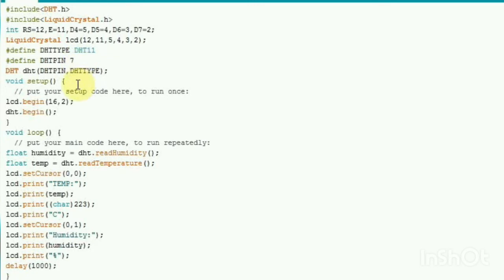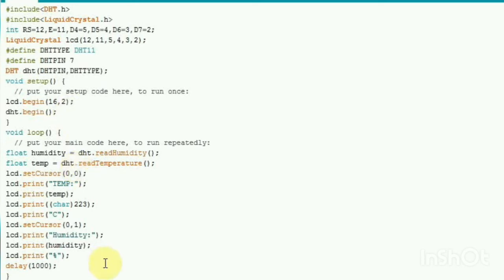Now in the setup function and loop function, what we have to write is, in the setup function first you have to write lcd.begin, that means you have to initialize the LCD, and also dht.begin, that means you have to initialize the sensor, that means your sensor will start working by writing this dht.begin.